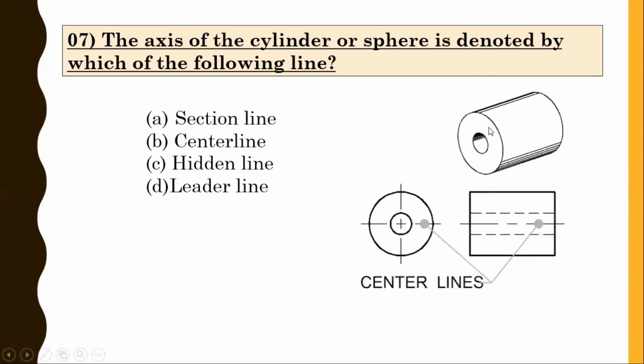So a cylinder is there, and we have to denote its axis. If you see from front view or side view, the axis is always denoted by center line. It may be a hollow cylinder or solid cylinder, the axis is denoted by the center line. So option B is correct, center line.